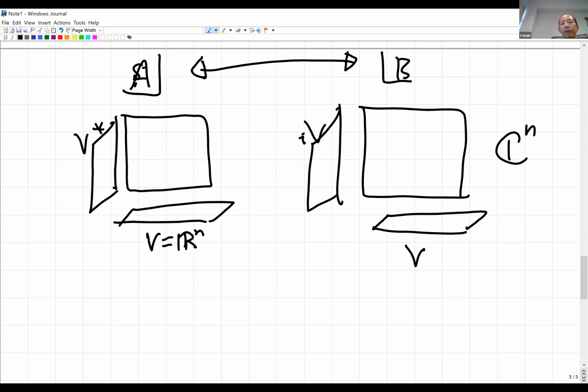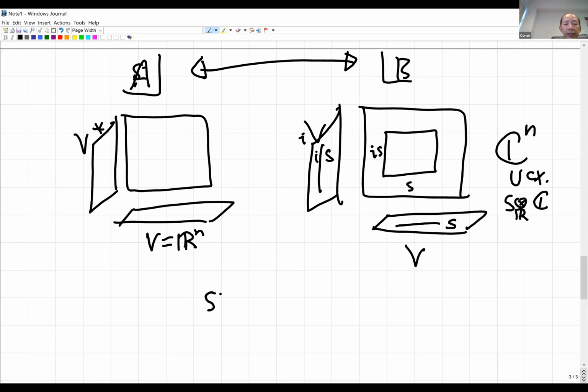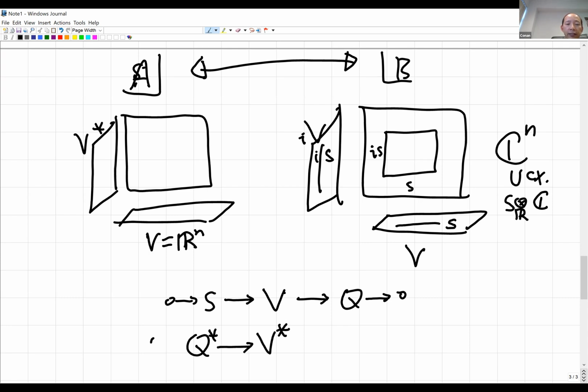Okay. So if you have a subspace S here, and then you will have a subspace iS here. And then therefore this side you will get S and iS, which is a subspace here. So this is S tensor with C. Okay. You have a complex subspace here of various dimensions depending on S. Okay. But in mathematics, it turns out that if S is naturally a subspace in V, then the quotient is not in V. It's a quotient space, let's call it Q. Then we can look at the dual sequence. Then Q does not sit inside V, but the dual of Q sits inside the dual of V. Okay.